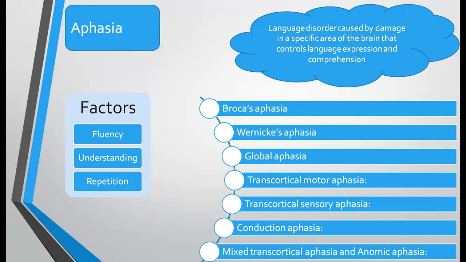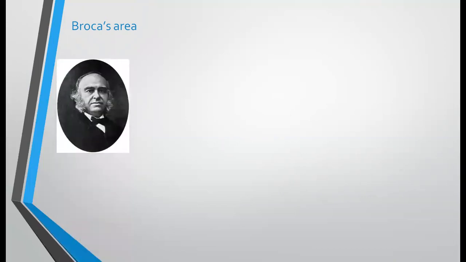In order to understand how aphasia works, it's better if we know about 2 main parts of the brain which work together when we speak. Those areas are namely Broca's area and Wernicke's area. Broca's area, the part of the brain named after the French physician who discovered it, controls the muscles you use to talk. It is part of your frontal lobe.